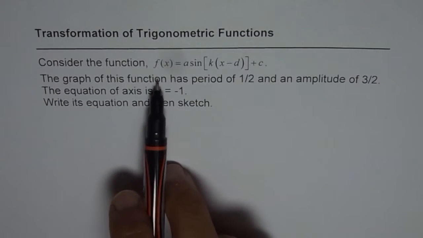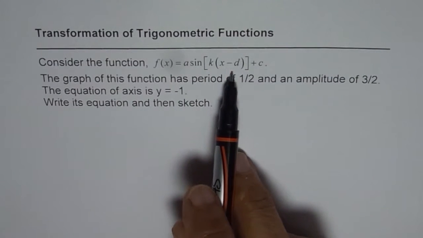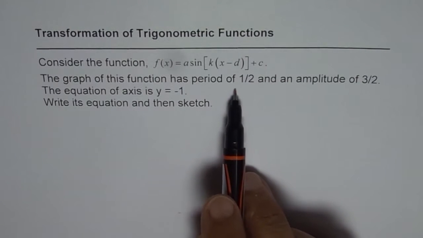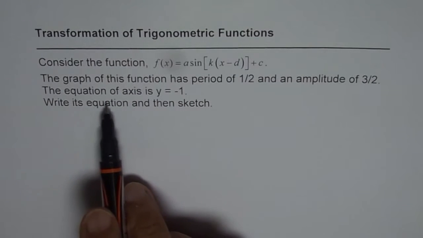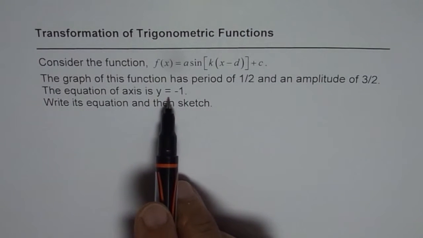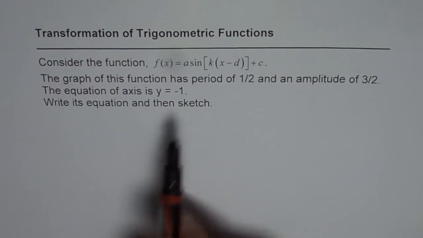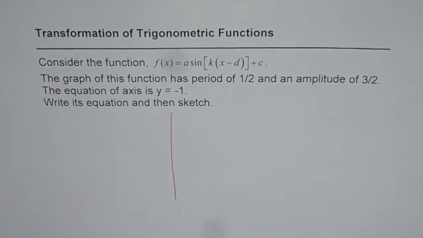Consider the function f(x) = a sin(k(x - d)) + c. The graph of this function has a period of half and an amplitude of 3/2. The equation of the axis is y = -1. Write its equation, then sketch the graph. Okay, so let's write down the equation on the left side and then sketch it on the right side of